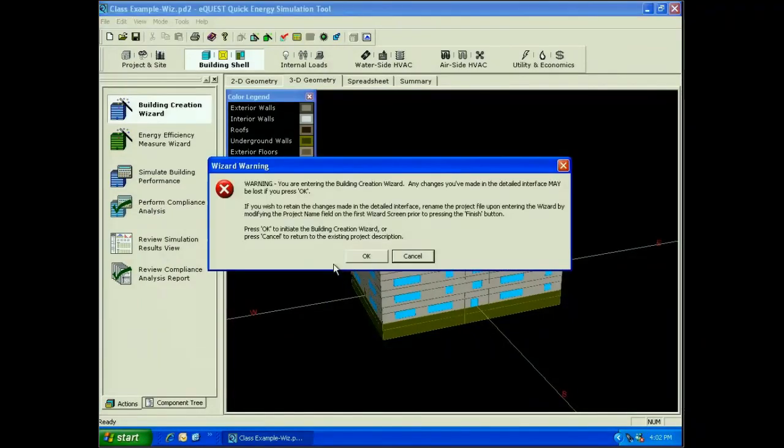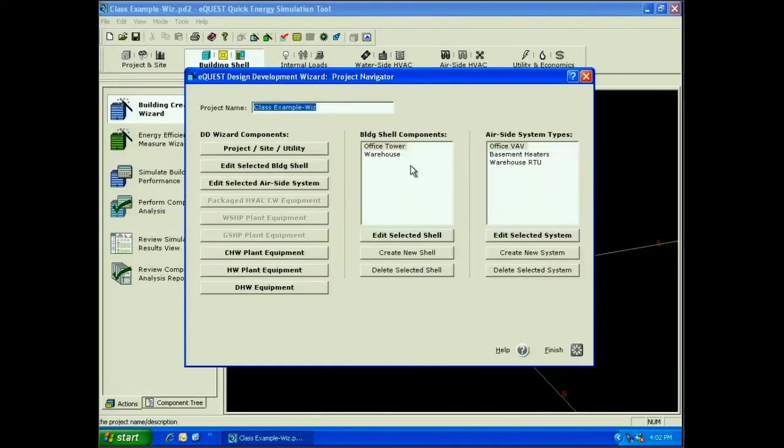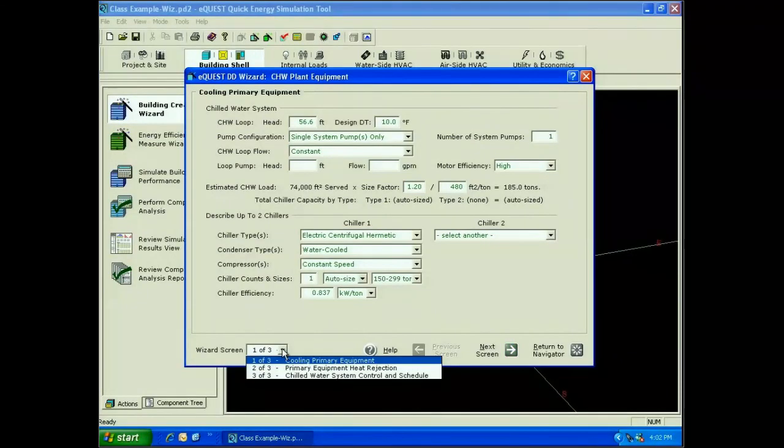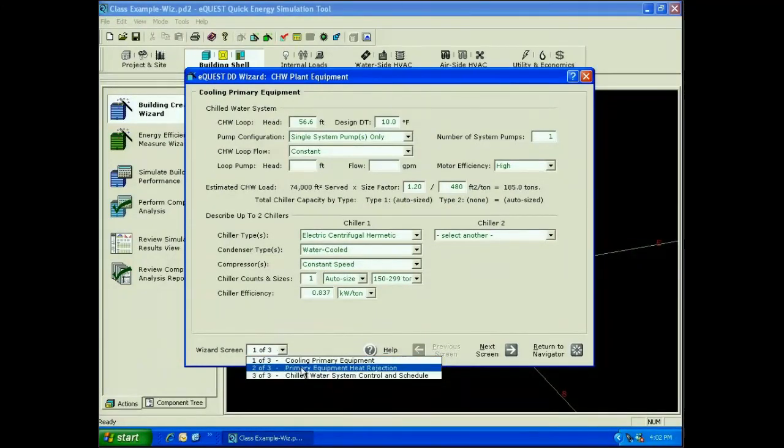Okay, let's get back into the wizard. And we'll take a look at the information for the chilled water plant. So click on the button for a chilled water plant. There are only 3 screens here. There's one for the chiller, the cooling tower, and then some controls. So starting with the chiller,